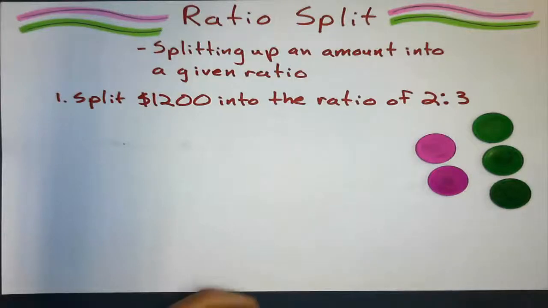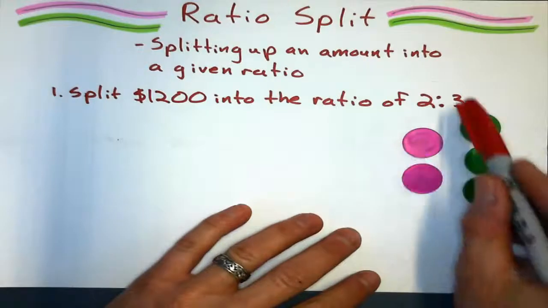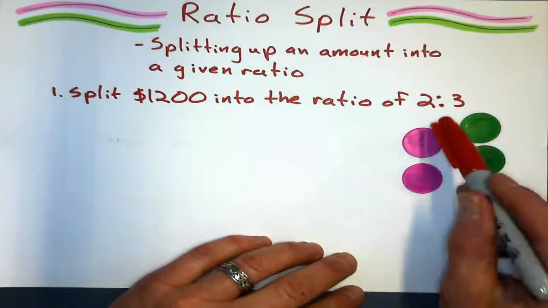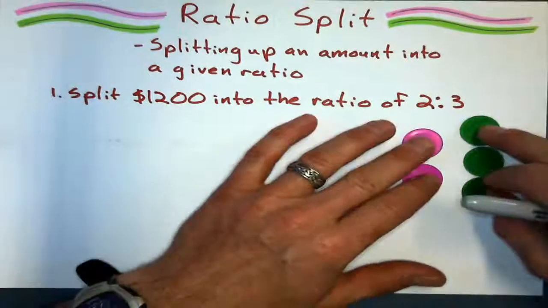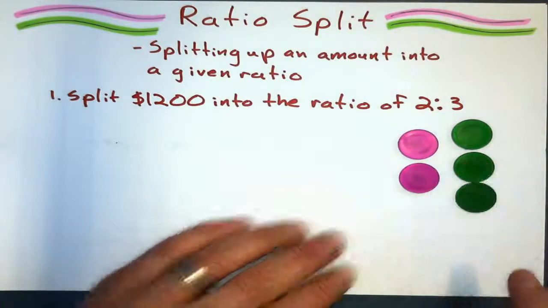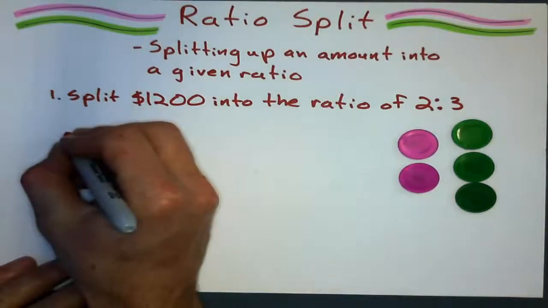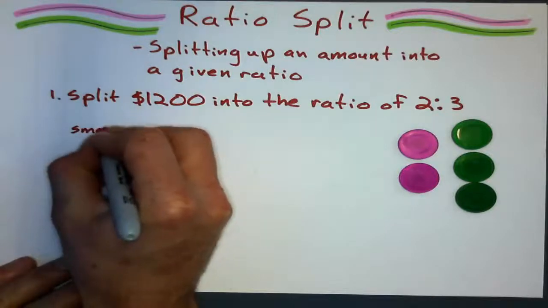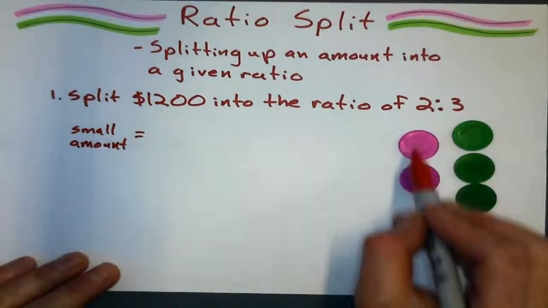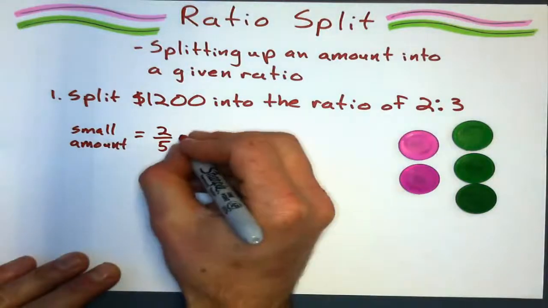I have to remember one thing about a ratio: if I were to look at the ratio 2 to 3 and ask how many total parts there are, it's kind of like a fraction where there are 2 parts for every 3, but there are still 5 total parts. Okay, so there are 5 total parts in this ratio. So one person, the small amount, is going to equal 2 out of the 5, 2/5